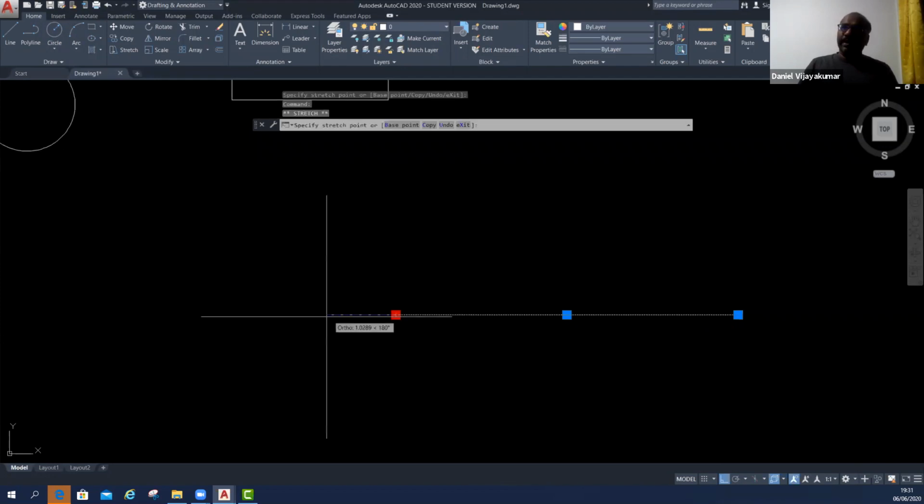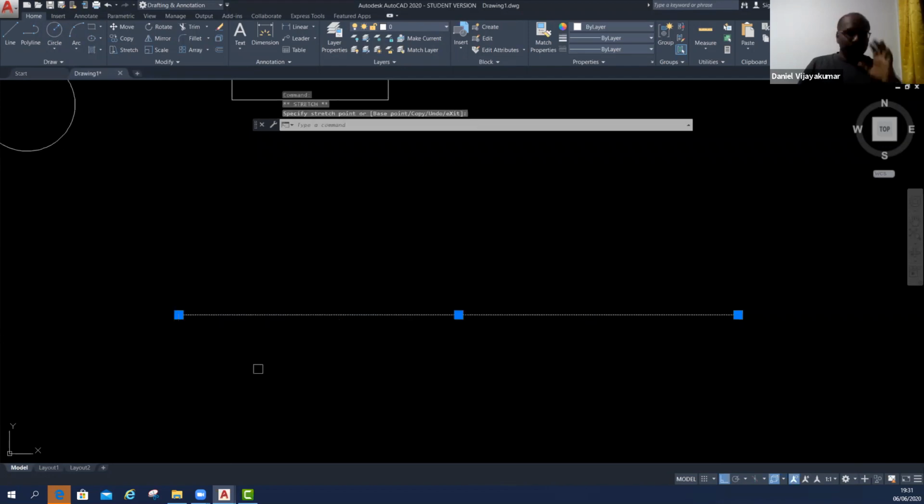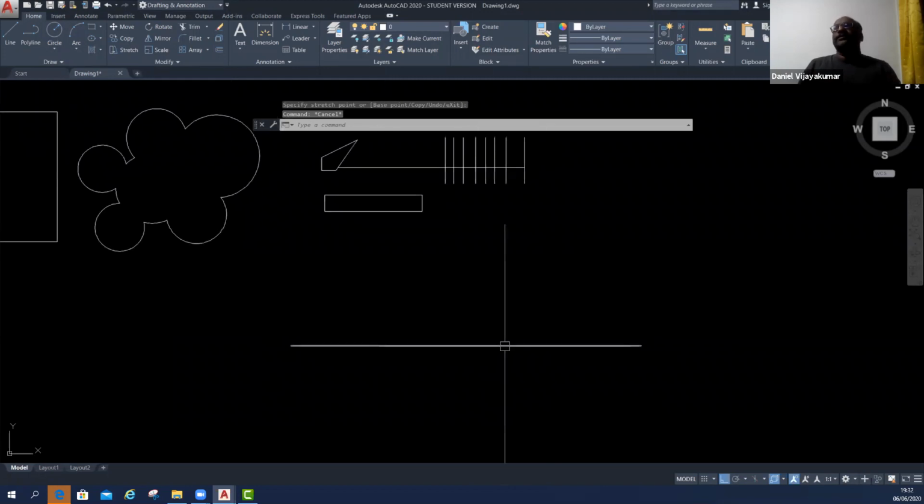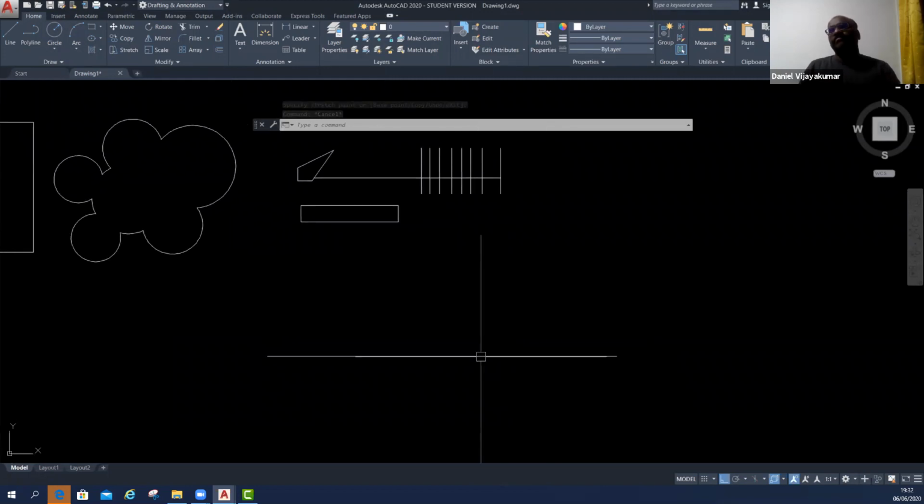If you choose the end point, it works only on one portion to stitch or extend. There are multiple ways to use your commands. It depends on the requirement and the place where you want to stitch. Okay, this is the stitch and extend, both commands.